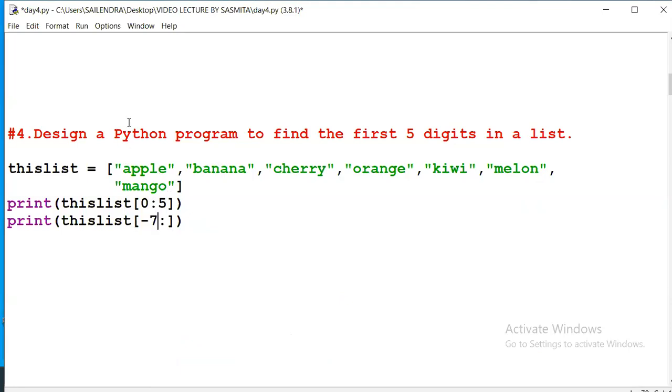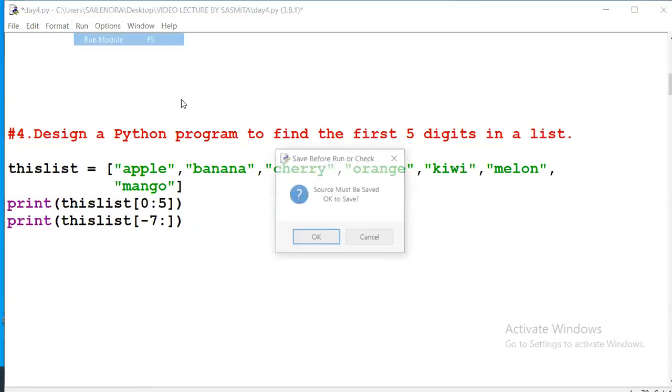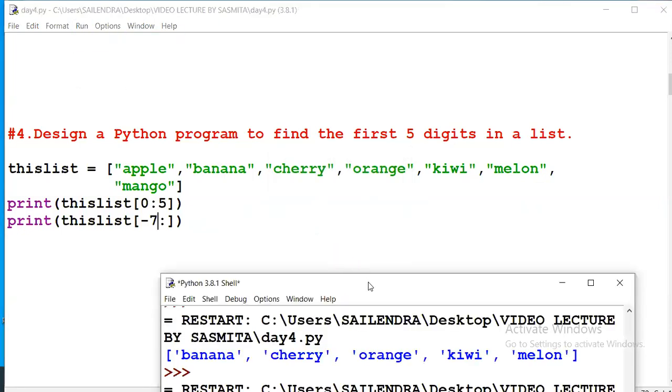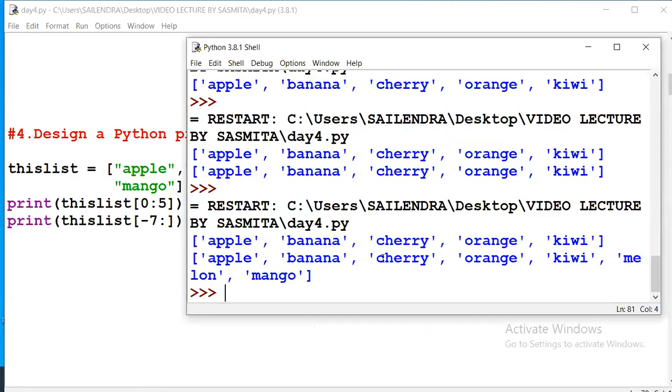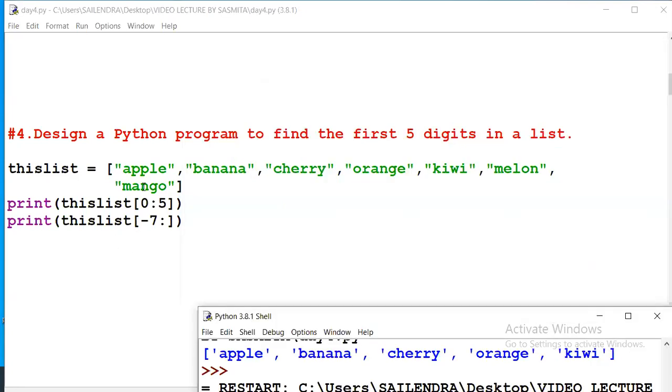If I give -7, what output will come? If I am giving -7, what is the output? All the elements come, because from 0 to -7 it will consider all the elements.